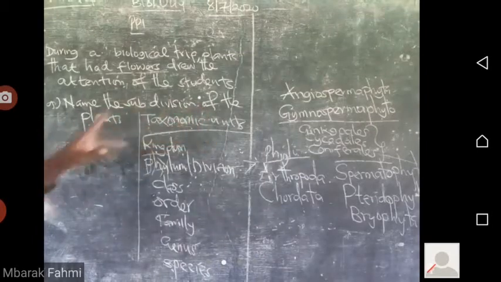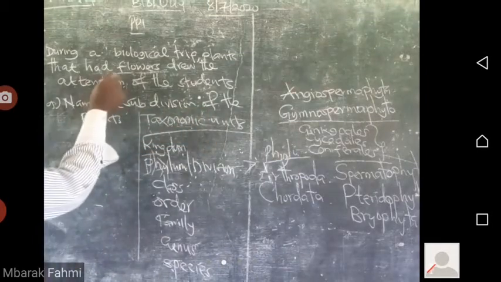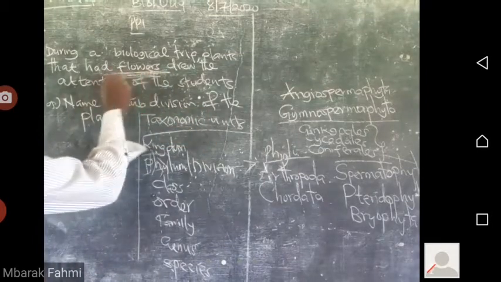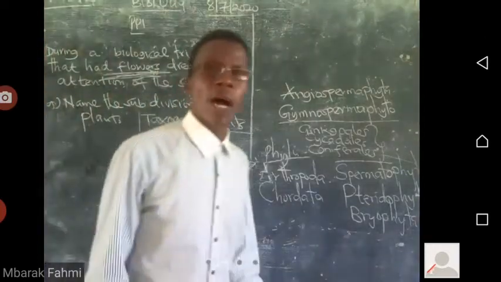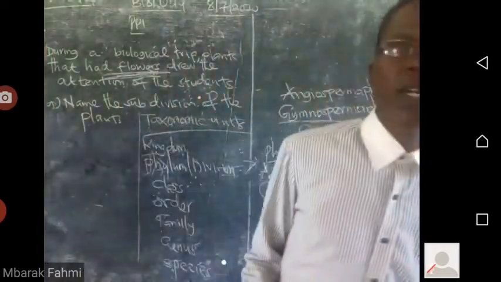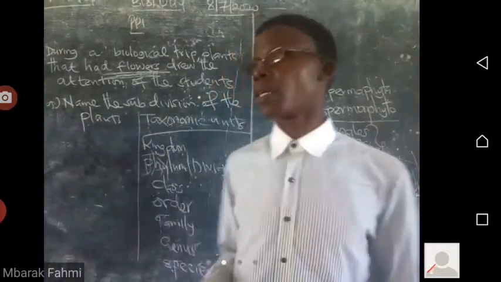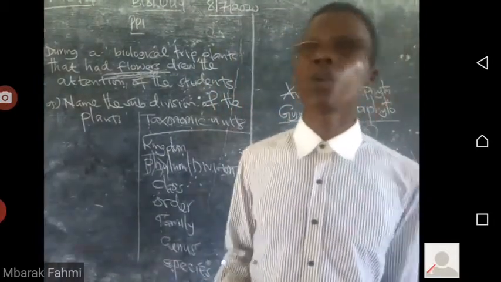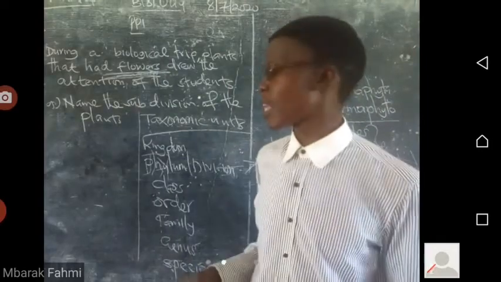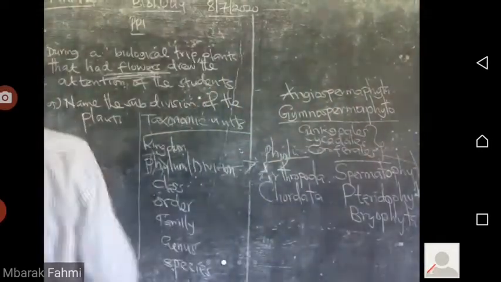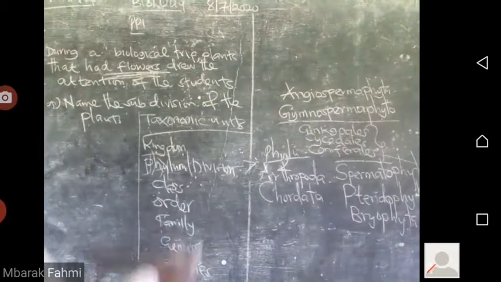Name the subdivision of the plants. Remember the key word here during a biological trip is that the plant had flowers. So it drew the attention of the students. Now the students are asking, which division or which subdivision is this? That is subdivision. So the answer for this question will be subdivision